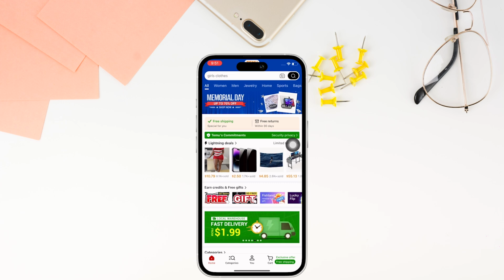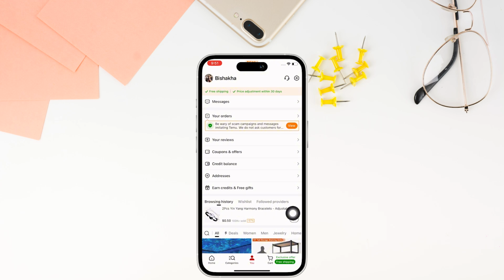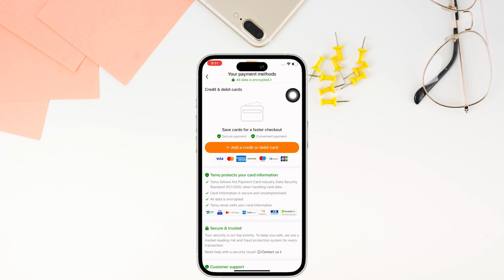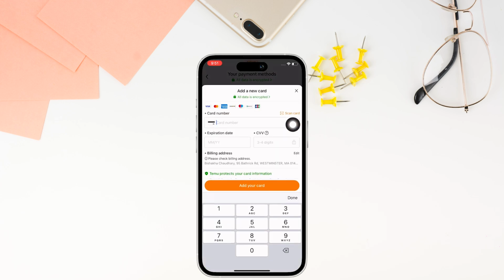Now, tap on the U option on the bottom center of your screen and further tap on the settings option on the top right of your screen. You will see the option for your payment methods. Tap on that. Now, go ahead and tap on the Add a Credit or Debit Card button,